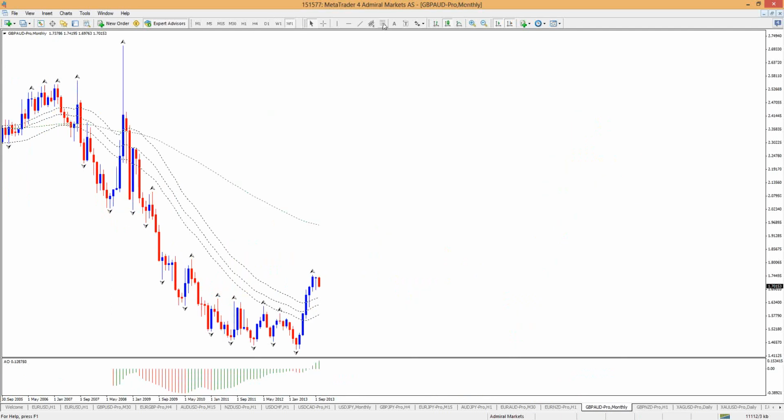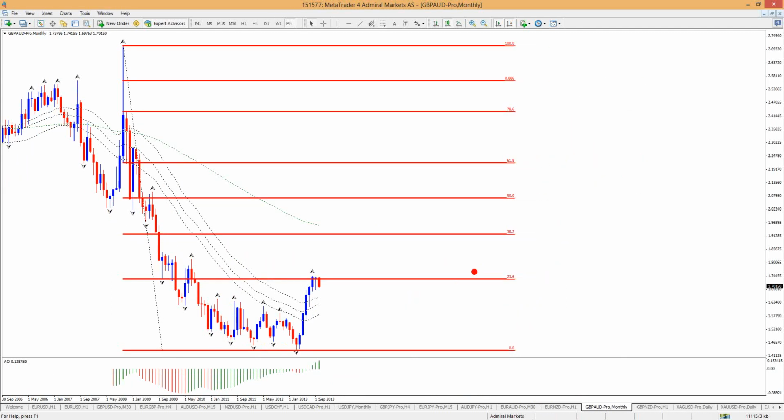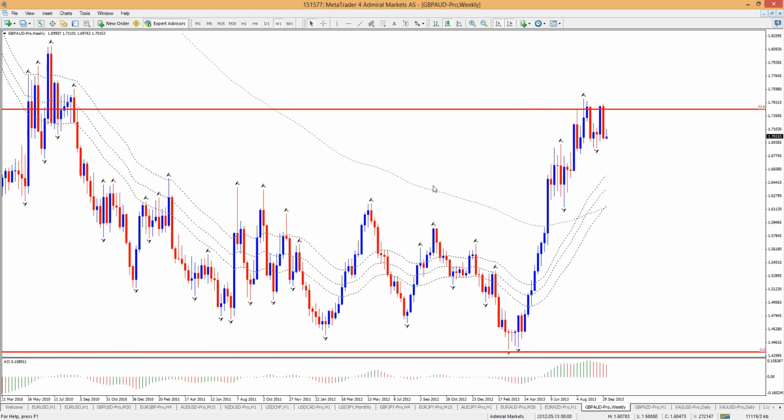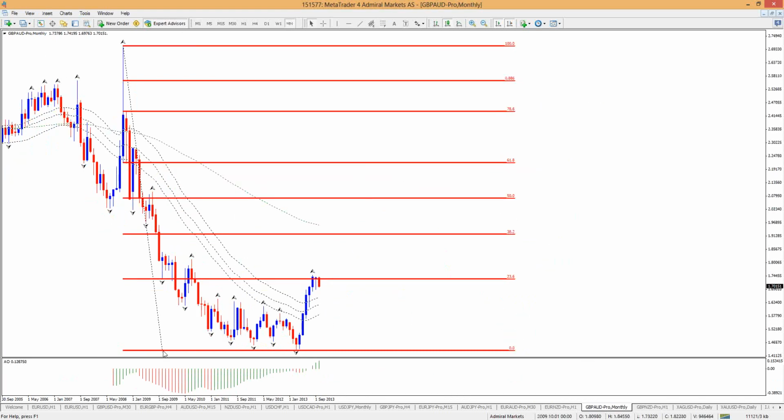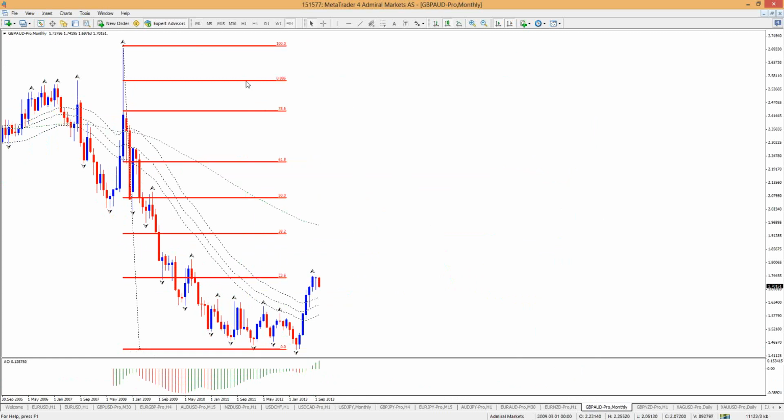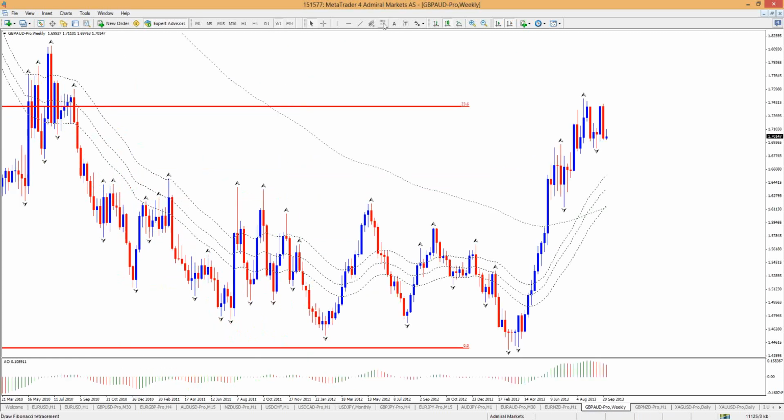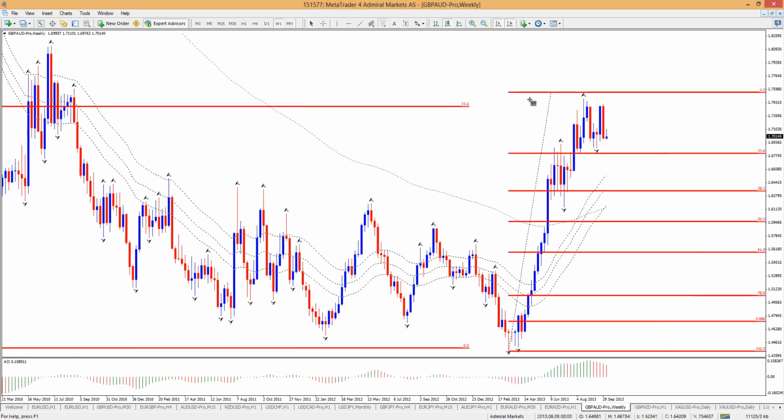And if we put a fib on this downside, where did the currency stop? Right at the 236 fib. If we then move to the weekly chart and put a fib on this upside,